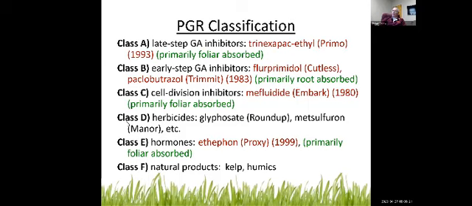And what we're going to talk about, if you look at Class D, this is an arena that typically is not utilized in ornamental turfgrass. Typically, if you're going to use a Class D PGR, such as herbicides, that's going to be done on the roadside or in industrial sites. But there is some application, as long as you're willing to take an aesthetic hit, or as long as you're willing to do something like paint, chelated iron, etc., to manage an aesthetic reduction, you can get long-term growth retardation from products like that, and I'll hit on that today.